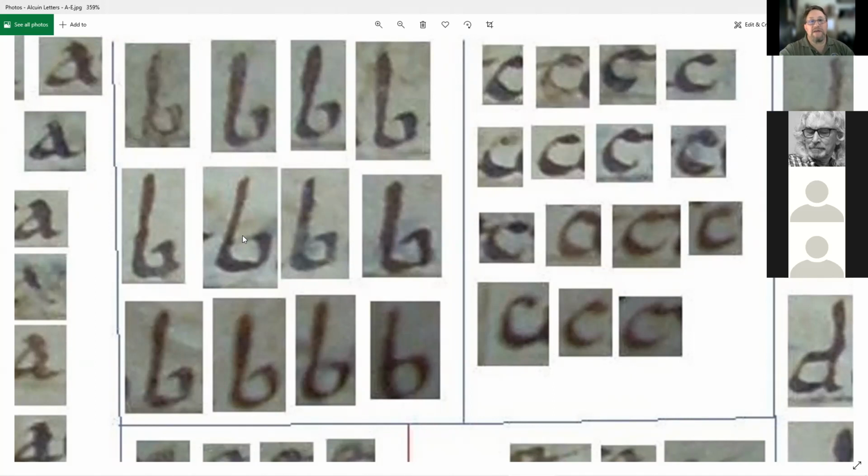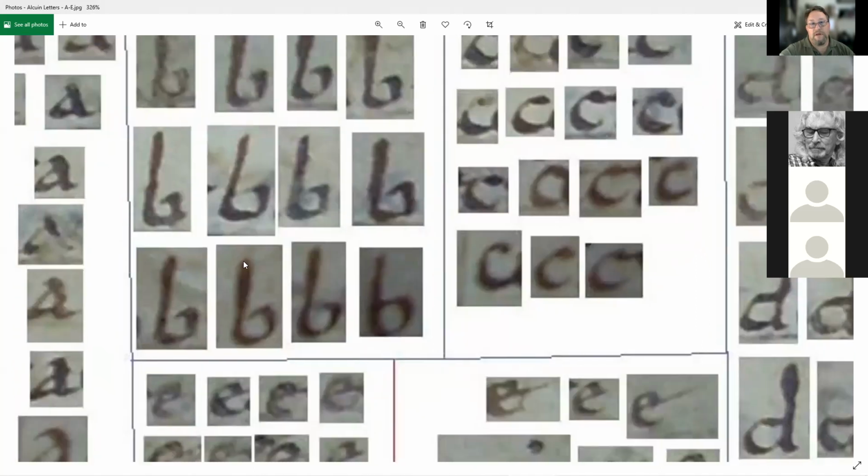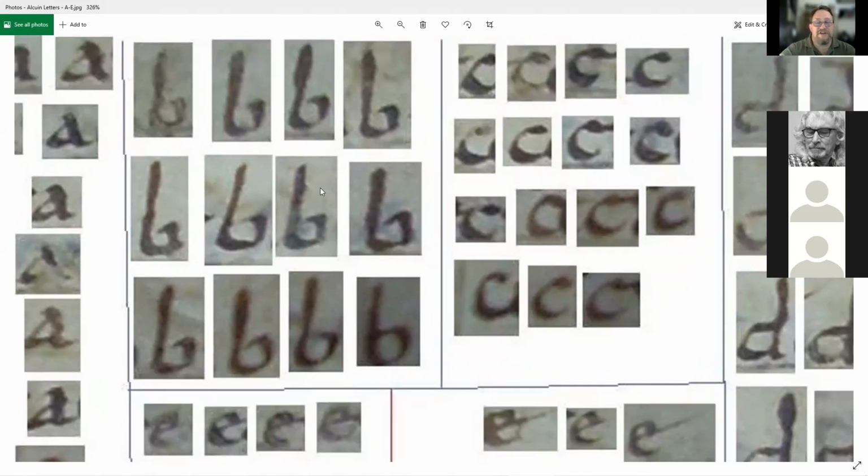What I think he did was start with his ascender and pull down and go through and stroke all the way through the bowl of the B. I don't think he picked up his pen. No, because it tends to look as a continuous line. So I would agree. And then the second stroke could be the club. The second stroke could be finishing off the bowl of the B,